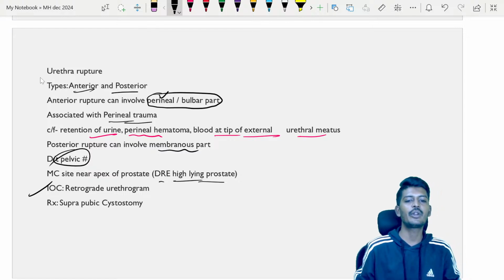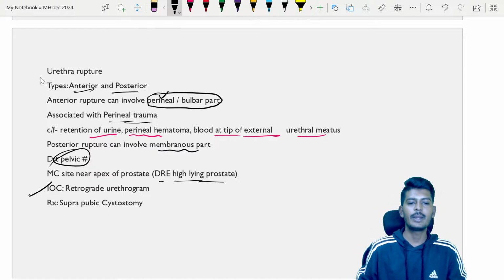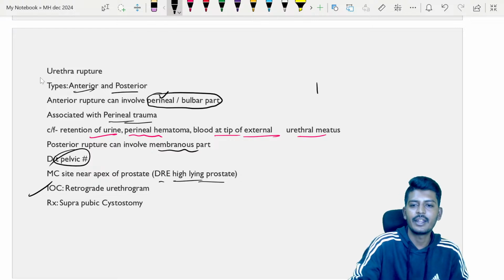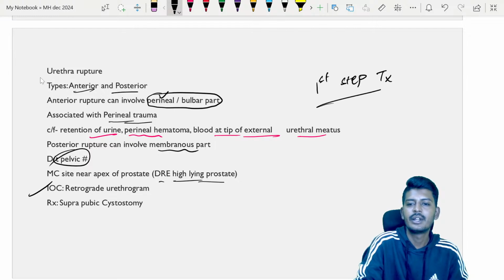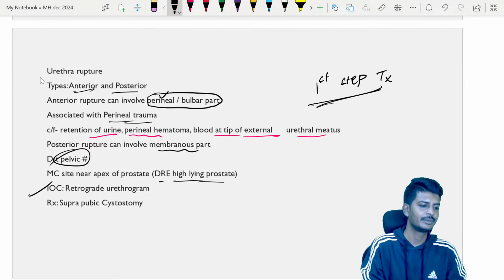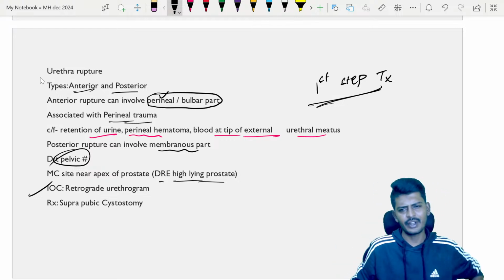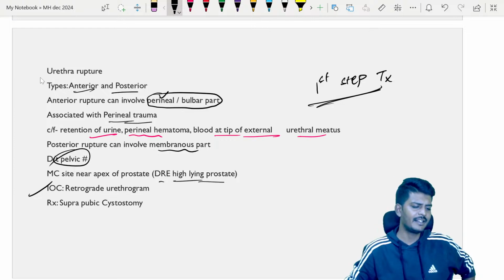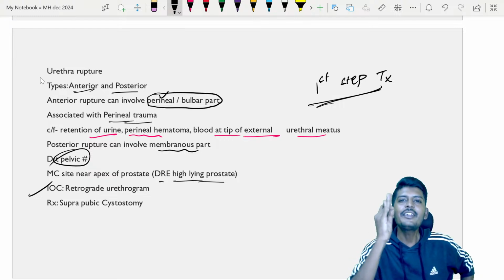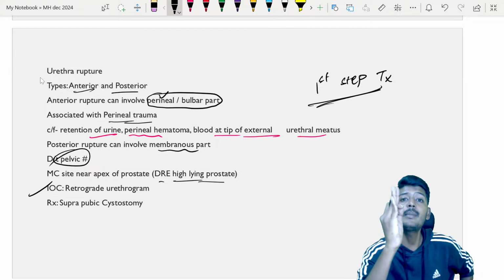So you are going to do a retrograde urethrogram, and most importantly first step करना क्या चाहिए? ट्रीटमेंट करोगे क्या? फर्स्ट स्टेप, अगर ब्लैडर रप्चर भी आया हो या यूरेथ्रा रप्चर भी आया हो, फर्स्ट ट्रीटमेंट करोगे क्या? RGU वगैरह investigation of choice ठीक है, फर्स्ट स्टेप करोगे क्या? अगर सस्पेक्टेड केस आता है तो कैसे मैनेज करें इसको? अरे रिपेयर द डैमेज, रिपेयर से पहले अंडरस्टैंड, एक बात समझो, कंटामिनेशन को कम करना है.